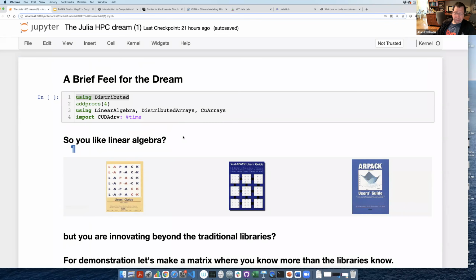So what I'd like to do is tell you about my true dream for high performance computing and point out that this is not a dream anymore. It's an actual reality, right? So we can actually do this sort of thing. So in this dream, I'm going to take an example. I'm a math professor, so you'll have to forgive me.